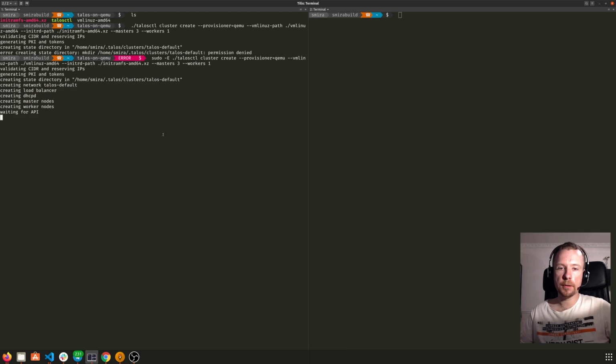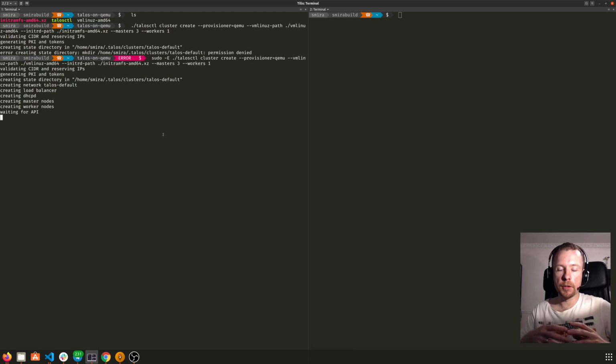At this moment, the first step is creating the Talos configuration. Talos is completely secure out of the box, so it created a fresh set of TLS certificates, tokens, and whatever is needed to boot Talos and to access Talos from my local computer. So we'll have the client config as well. While the nodes are booting, talosctl is waiting for the nodes to boot and for the API to be available. And then talosctl is going to trigger the initial bootstrap process on the node,